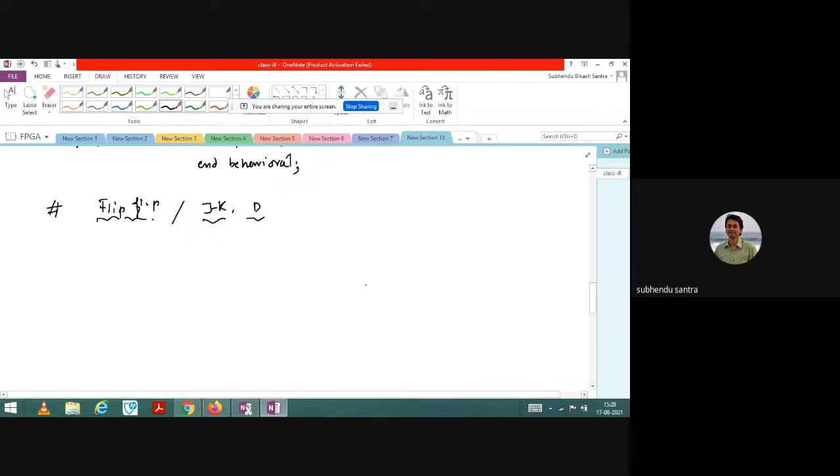Can you tell me what instruction I should use or how I will go? Okay, anyone? How would I start? It's the same as SR flip flop only, but instead of when all the inputs are high, there is no race round condition. Rather, it toggles the output. Yeah, perfectly okay. So let us just start from the D flip flop, which is quite easy. Then I will move to JK flip flop.